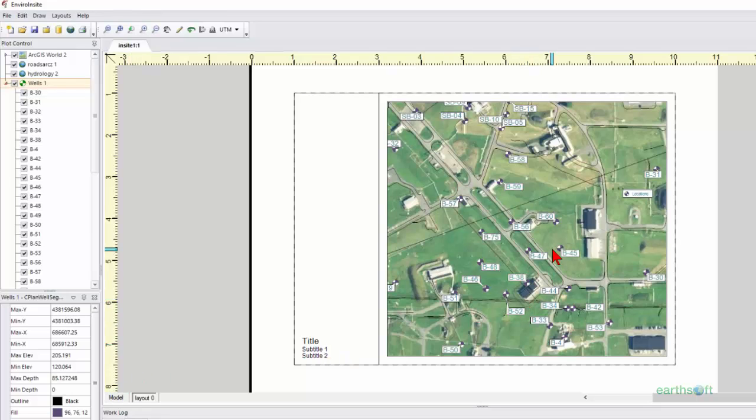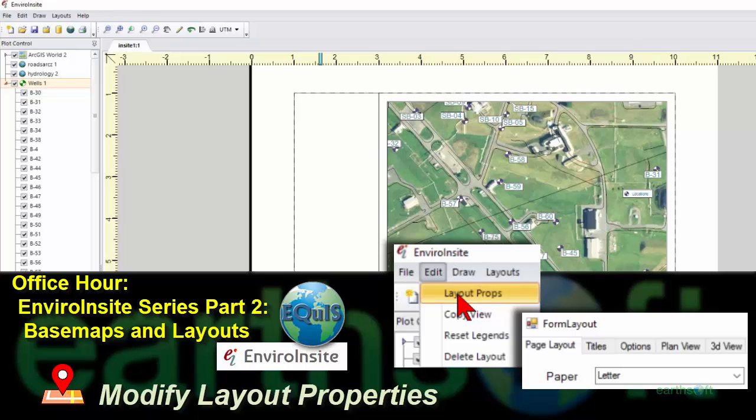Okay, but this enables me to now format essentially all of the stuff around this and make changes. And I can change my subtitle, my titles, I can add a bunch of things in here. Okay, so pretty easy to do this as well. To change the properties of this particular layout, if maybe I'm not crazy about the way it drew it or